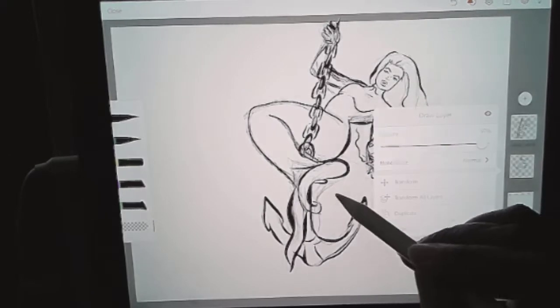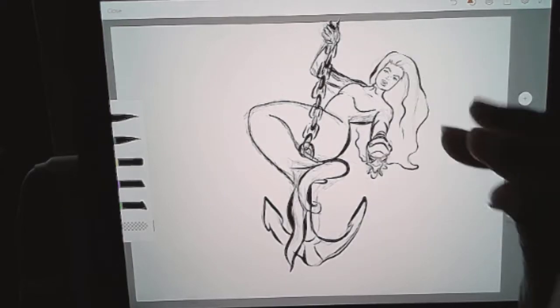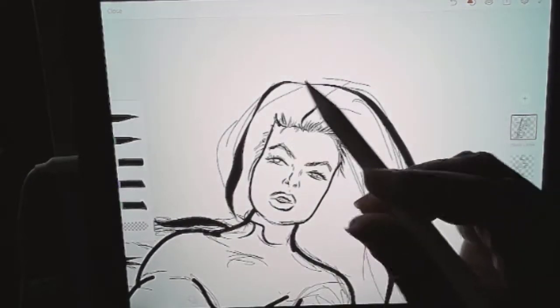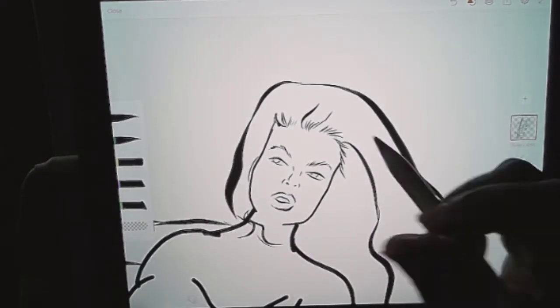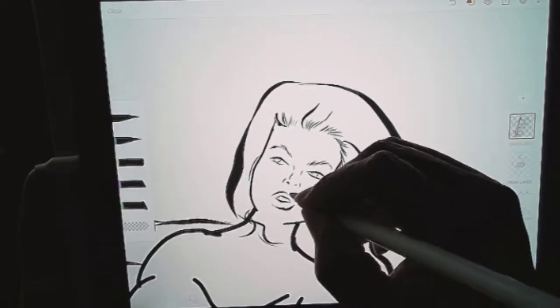But let me just merge these down. Merge. See, I'm not sure if I like this face here. I think when I color it, it'll look a little bit better. Yeah, I think it will. But the lips,